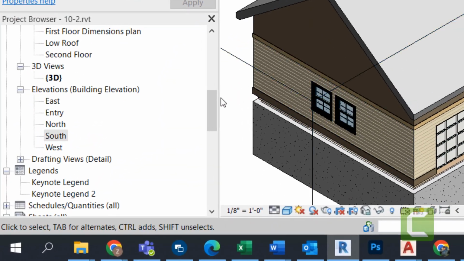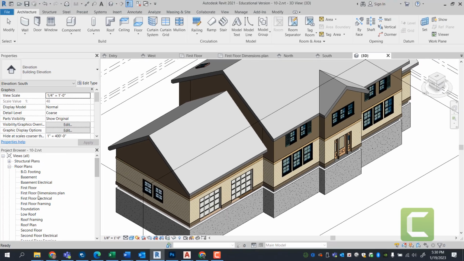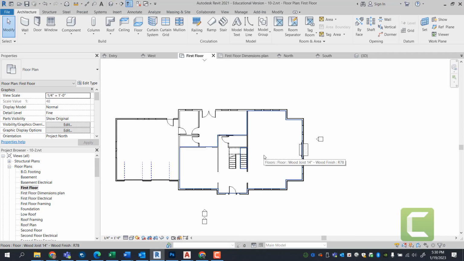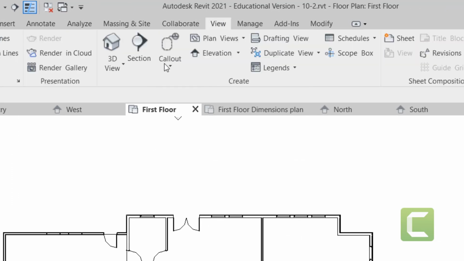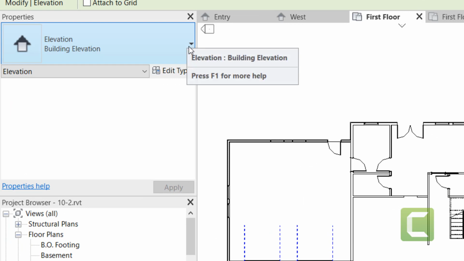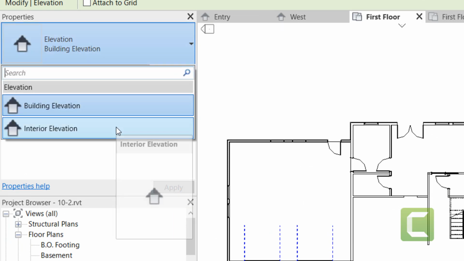First thing I want you to do is go to your project browser and switch to your first floor plan. Once you're in your first floor plan, I want you to place an elevation tag in your living room. How you're going to do that is you're going to go under View. Under the Create panel, you're going to select Elevation. Instead of selecting Building Elevation, you're going to select the down arrow here and select Interior